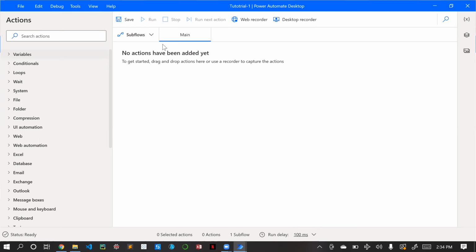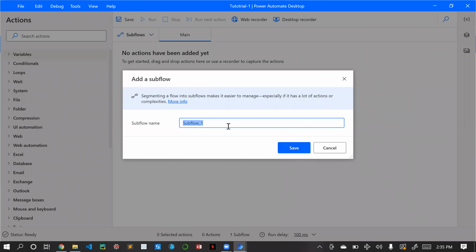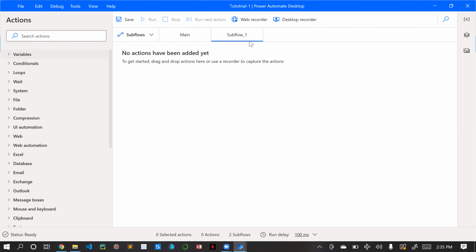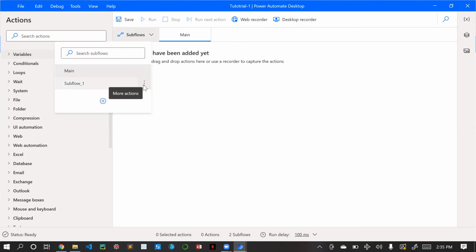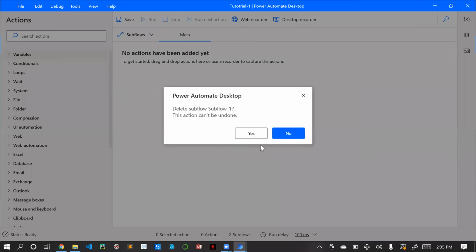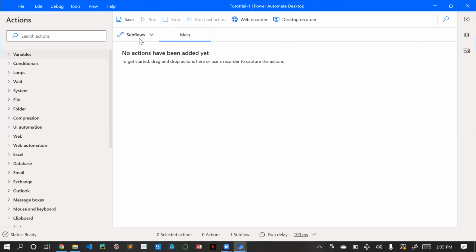If you want to create subflows or subtasks, normally in UiPath we say sub XAMLs, and in Automation Anywhere we say subtask. This will be considered the main XAML or main task. If you want to create a subtask, you can create it over here. Just click, and it will ask for a name. I'm saving with the default name. So here you can see it. If you want to close this, just close it. If you want to delete the subtask, go here and click on delete. As I don't need any subtask, I'm deleting it.